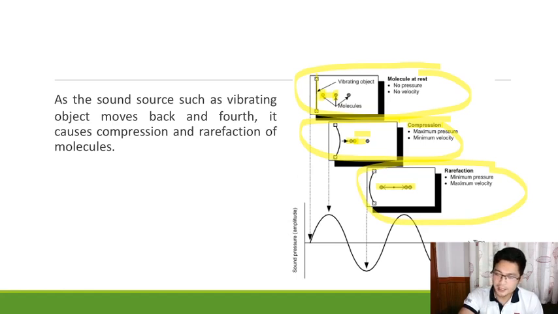So, at this point, class, minimum naman yung pressure natin. Kasi di ba pahiwalay sila. So, itong dalawang molecule na to, na nauna, the first two molecules, the pressure between the two of them is minimum. However, the velocity is maximum. Kasi di ba pag tama nila, bigla silang mag-split from each other.